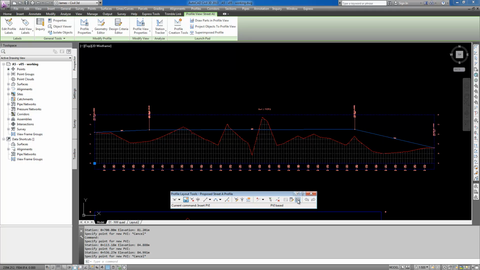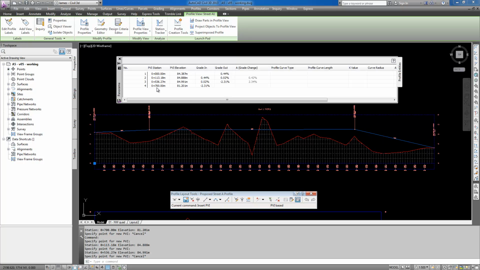That way, when we go to our profile grid view, we have 4 different stations where we can enter the elevations. Now the first one at the start is easy, it's 84.237, and the very end station, the elevation is given as 80.132. Now the 2 middle stations, the stations are not given, so in order to determine that, you have to actually